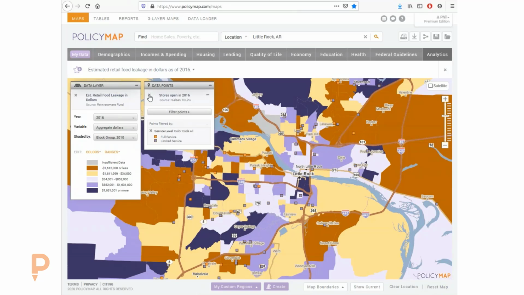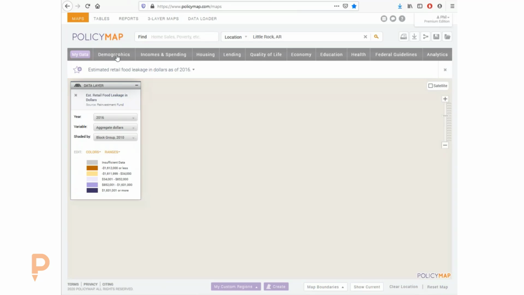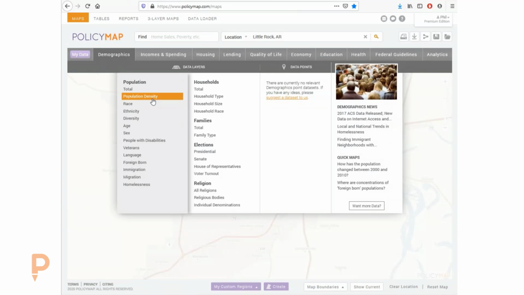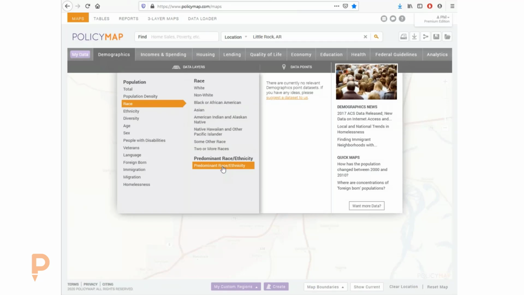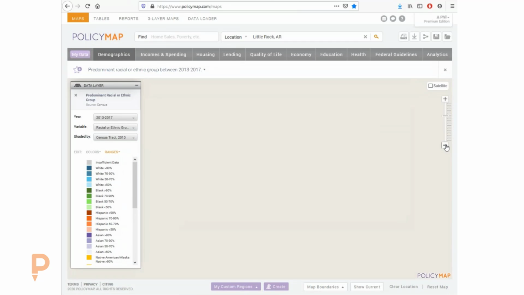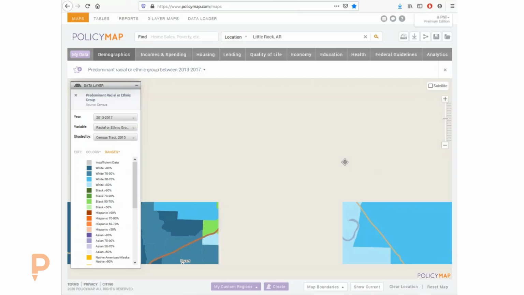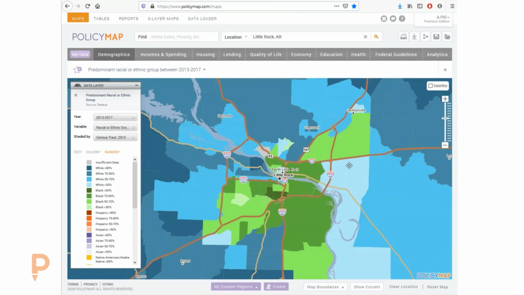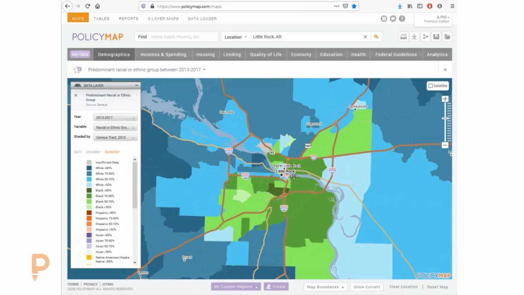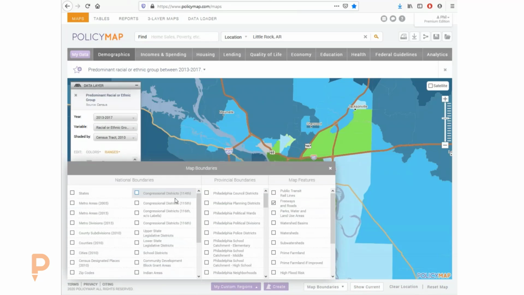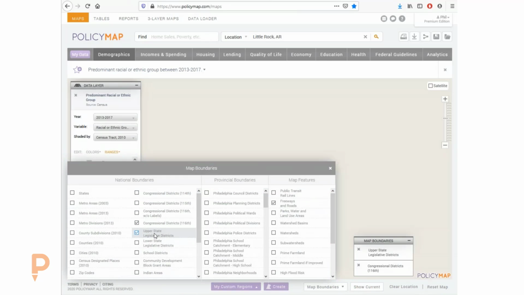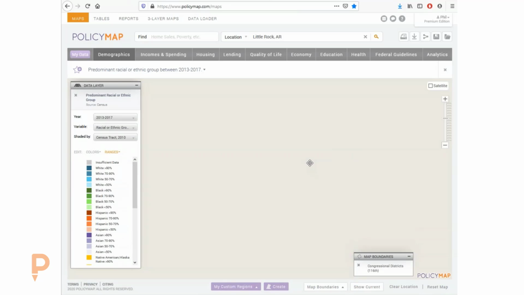Yeah, so this is really where this fantastic data set of predominant race comes in, because what some of the government agencies do is they use this actual data that you see here, and they can basically look at how they would carve a neighborhood up for gerrymandering. So if I were to put congressional districts on this map, you can probably, let's see if it cuts Little Rock up a little bit.